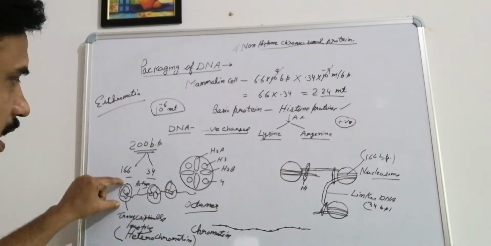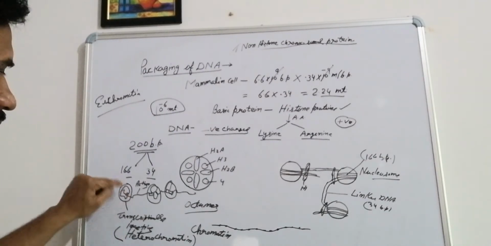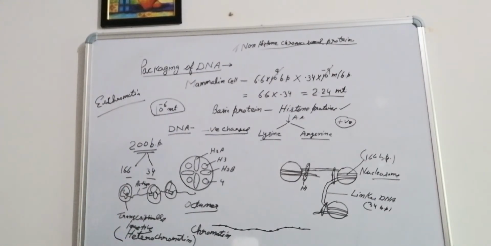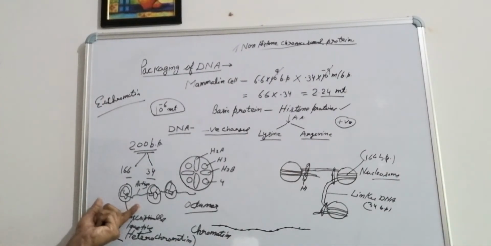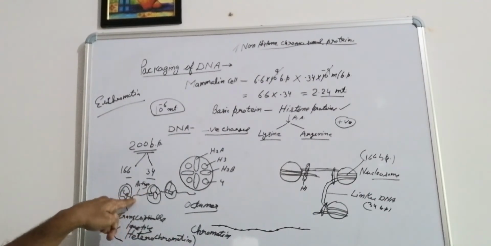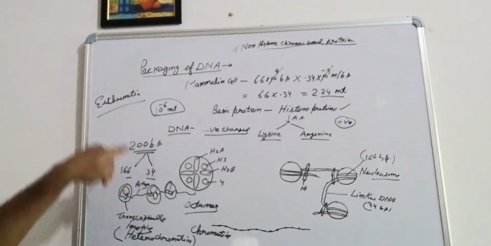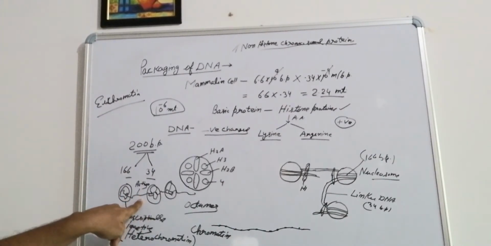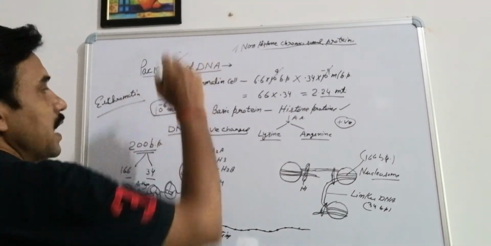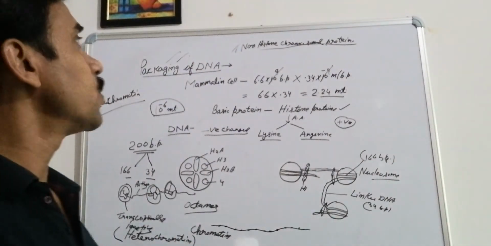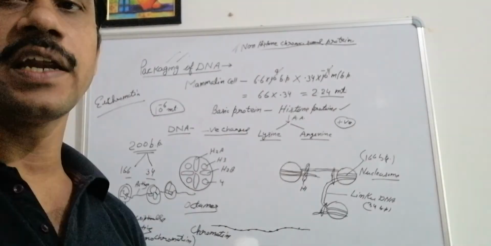And ultimately this darker colored heterochromatin, where the chromatin is tightly packed, will not be able to show the process of formation of messenger RNA, and as a result they are not taking part in the process of transcription, while at the other end the loosely held chromatin part, which we are considering as the euchromatin, which is the active part, will help in the formation of messenger RNA, that means in the process of protein synthesis. Okay, so this is all about the packaging of DNA. Now next topic we will discuss about the DNA replication and all.